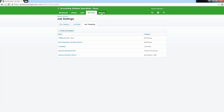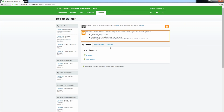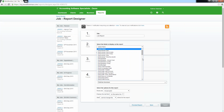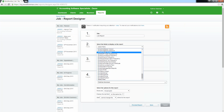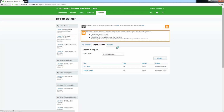Okay, so if we go and look at the reports, the reports in Workflow Max are very flexible. There's quite an extensive array of common financial reports that you can pull up, as you can see there, and then there's a fantastic report builder where you can actually build a report. If you're building a job report, you can just pick up whatever fields, and you can see there's a lot of fields within a job, within a client. You can see all of the fields that I've created, so you can see how we can report on any of those and filter it, and there's a lot of flexibility in Xero Practice Manager's